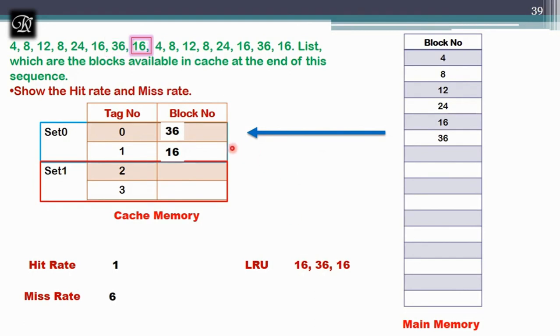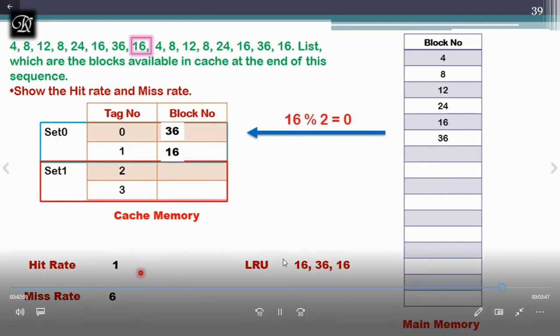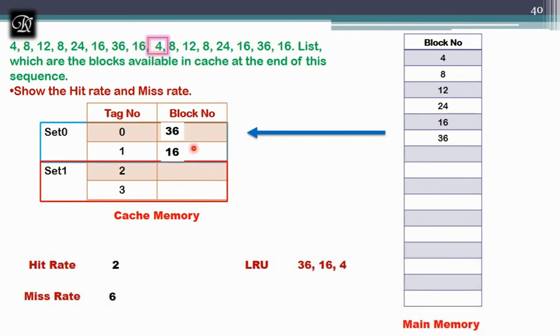Again, there is a request for 16. Yes, 16 I need not replace because it is already available. My only job is to update LRU and increase the hit rate. Let's take up 4. 4 is not available in the cache. Again, find the set number and decide which has to be replaced, that is 36 with 4, and increase the